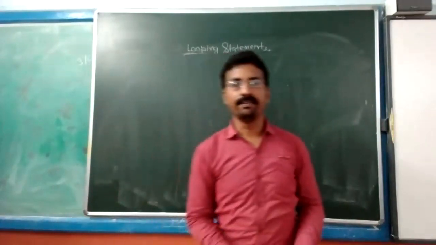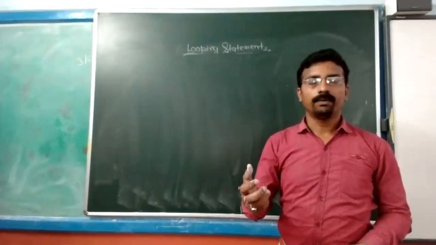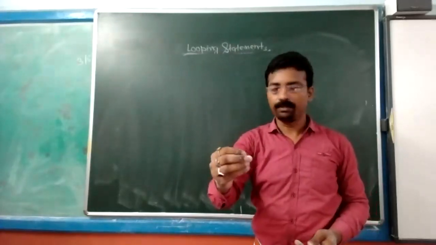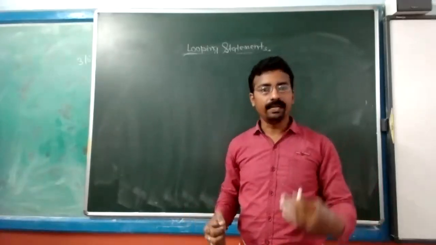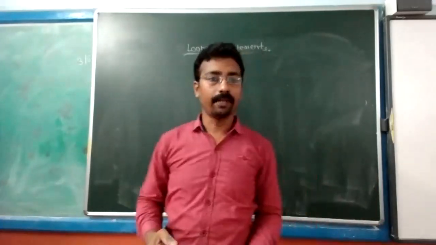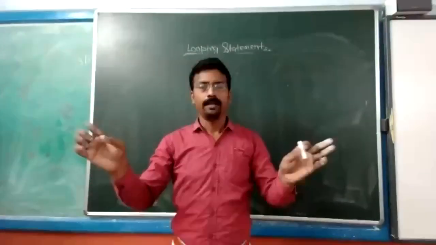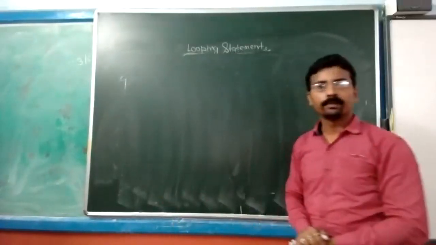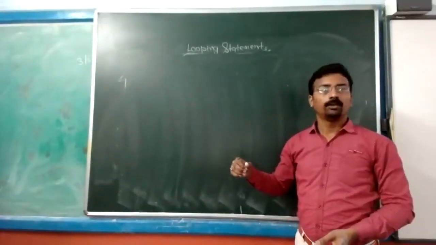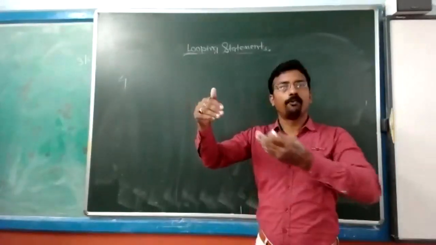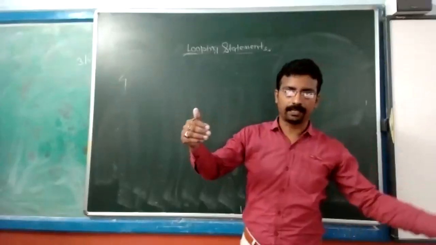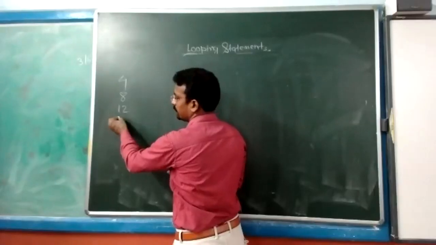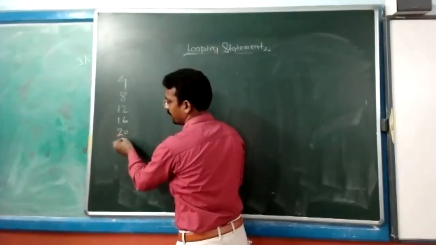Now, without wasting time, we will start the programs slowly, from the lower level to the complex level. The first program of lower level for you all: how to print the table of a given number. Any number is given, taken from the keyboard. For example, suppose I am taking 4, and you are asked to find out the table. Table means 4 1s are 4, 4 2s are 8, 4 3s are 12, 4 4s are 16, like that. So how will you do this?